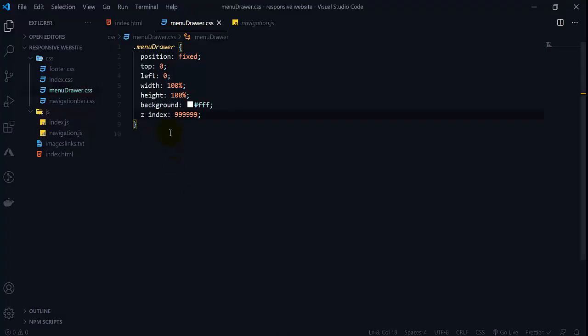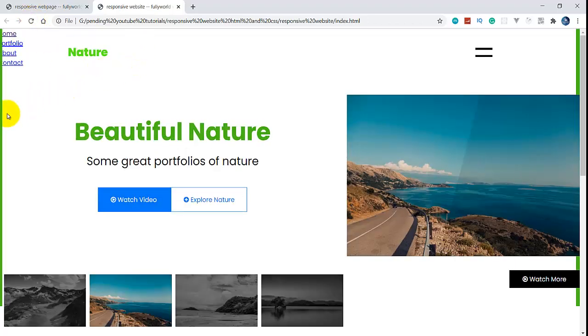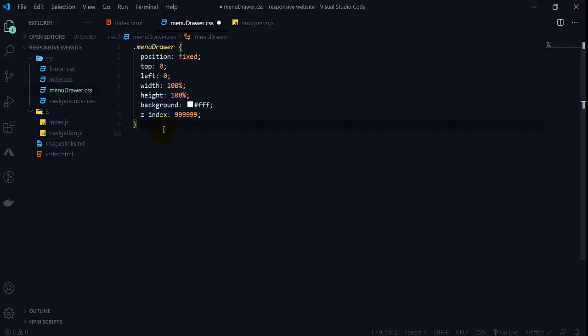See that we are getting position as fixed here because all is white here. So when I remove this styling, when I comment this out and reload, see that now its styling is gone and this green is also coming here. So this is position fixed, and because of z-index we are getting only our menu drawer here.